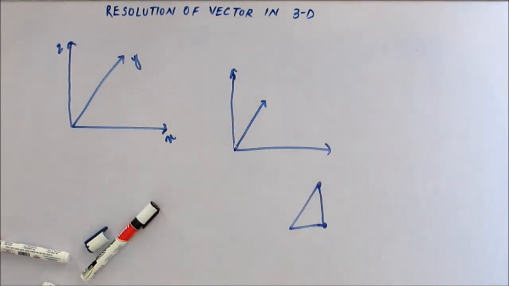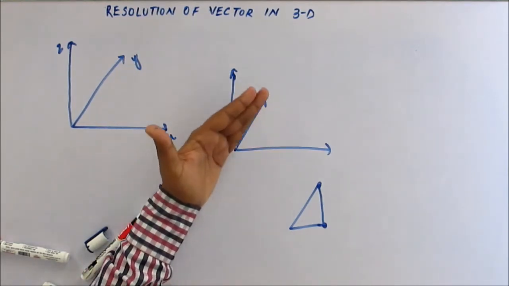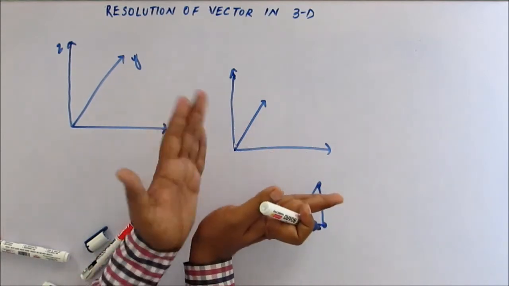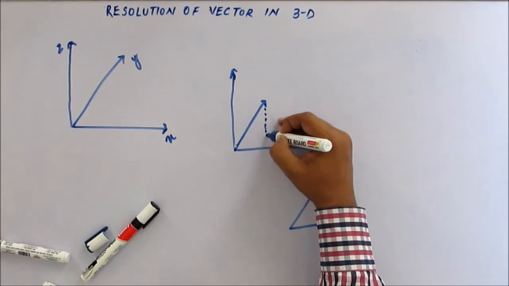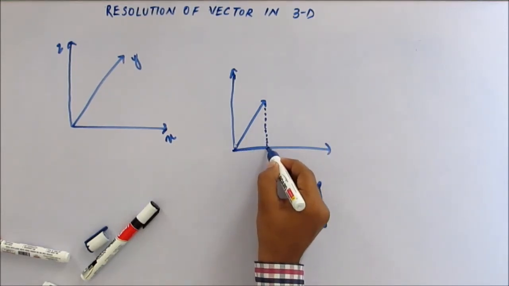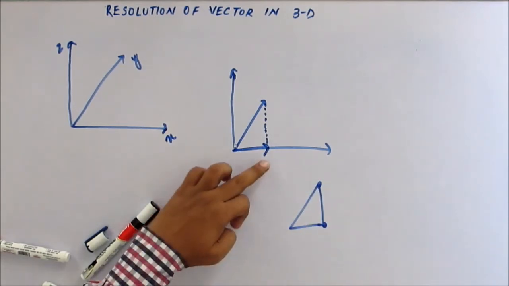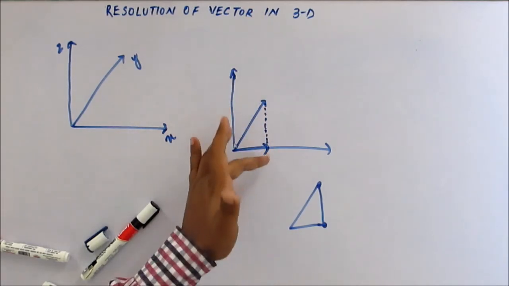Fine. Now you got this component. Now for the x component, what you did is you again broke this vector into x component and y component. When you do that, again you have to form a right angle triangle like this, and you get the x component vector like this. This is what you would do. And again the tip of this vector and this would be in a straight line just below the